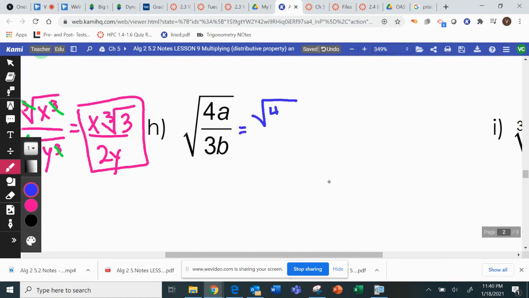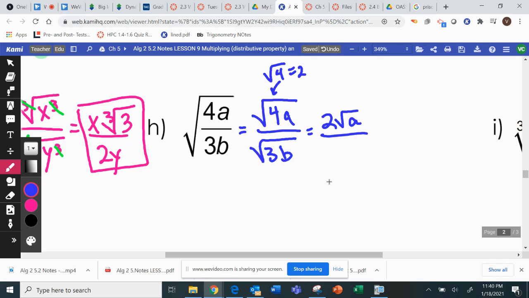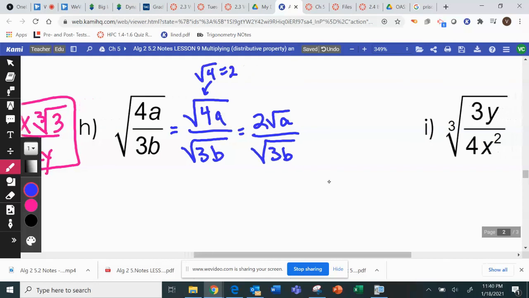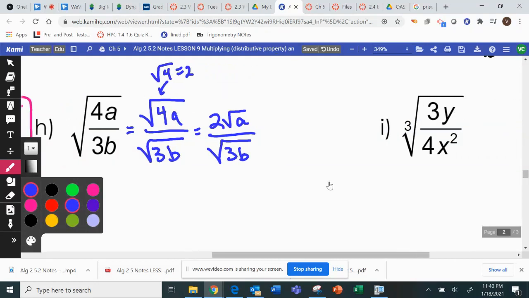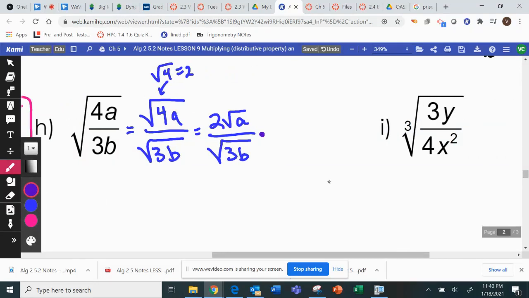We do square root of 4a over square root of 3b. Before I go any further, I notice the square root of 4 can become 2. So 2 square root a over square root 3b. Okay, so in the denominator, I am going to have to rationalize. I'm going to have to multiply by a value of 1. They're both going to be square roots. When I'm finished, I need the square root